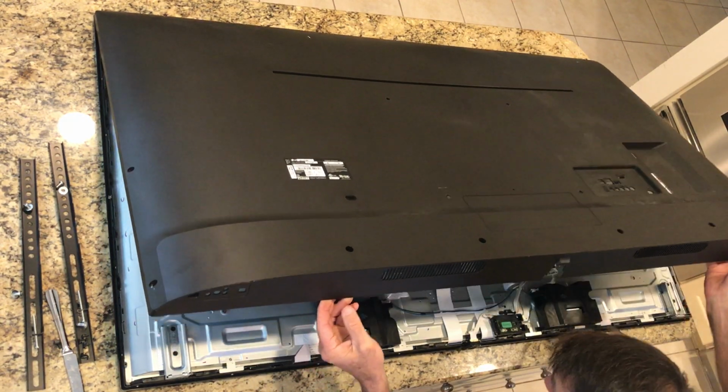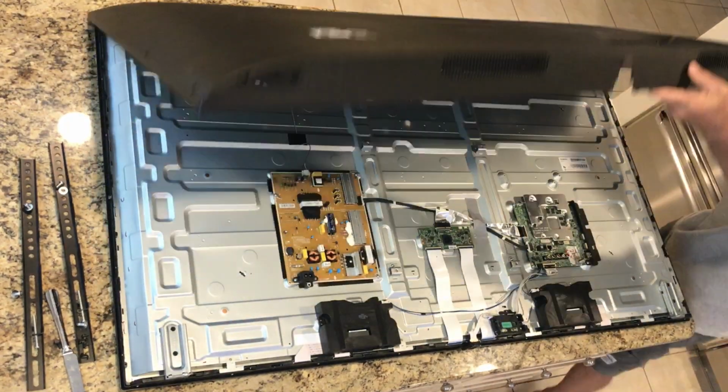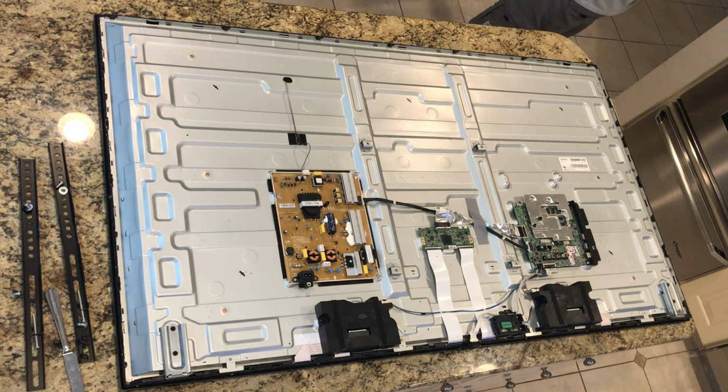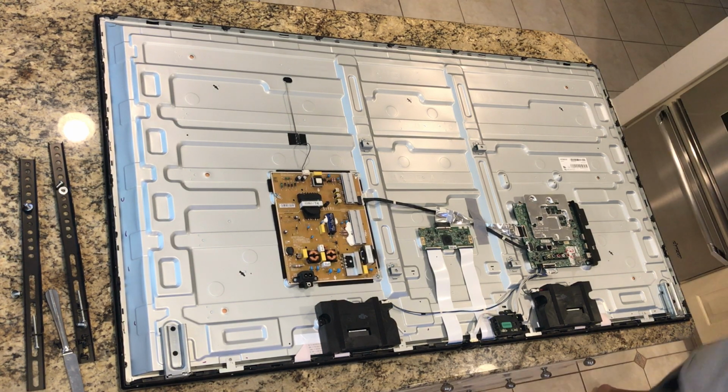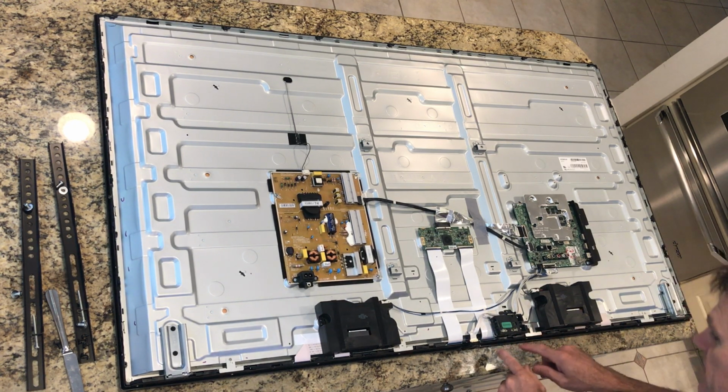It doesn't look like there's anything to worry about in there. All right, nice. Glad to see that came off so easily. Set that aside. And let's check and see if I'm still recording. All right. Wow, actually still recording. Now, this here is what I'm told, based on the YouTube videos I've watched, that this